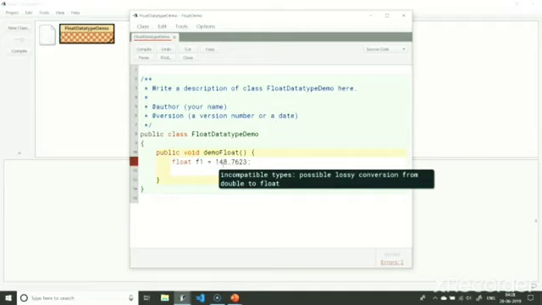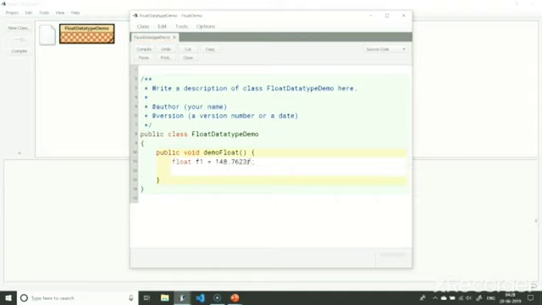In this case, our value 148.7623 is well within the range of float. So we just need to tell the compiler to treat it as a float value. We do so by writing the letter F at the end of the number like this. The error is gone now. Case of letter F doesn't matter. I can write a capital F here and get the same result. Okay, moving on, let me print this value and execute the code.